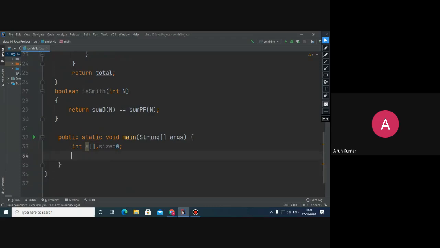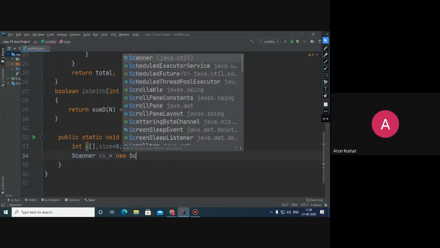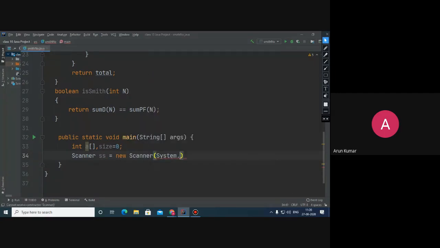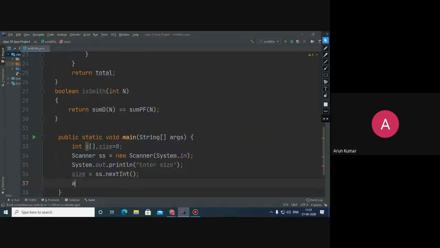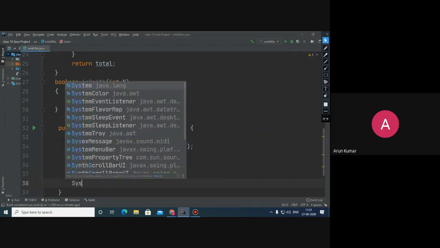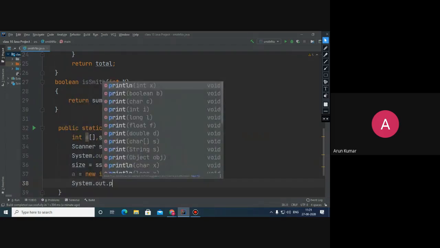So here is scanner, new Scanner, System.in, and here we need to input the value. So that is enter size. That is size is ss.nextInt, and here a is new int[size], and after that you need to fill it.